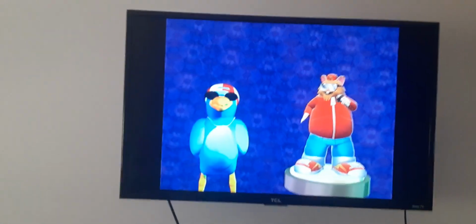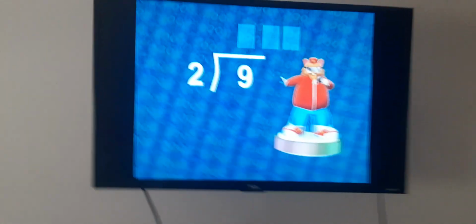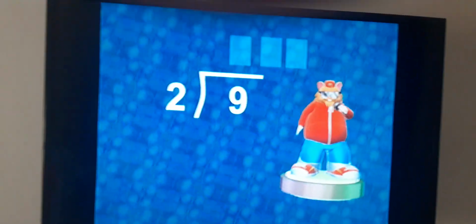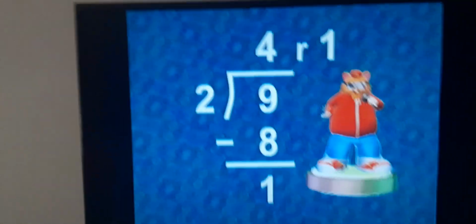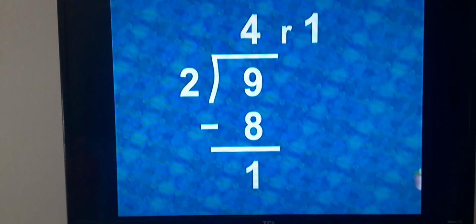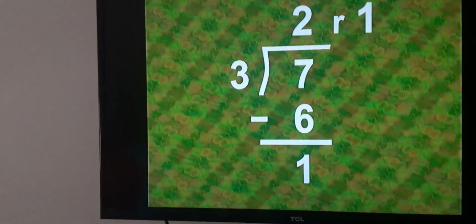Let's do some more problems that may or may not have remainders. All right, my funky feathered friend. 9 divided by 2 is 4, remainder of 1. 7 divided by 3 is 2, remainder of 1. 6 divided